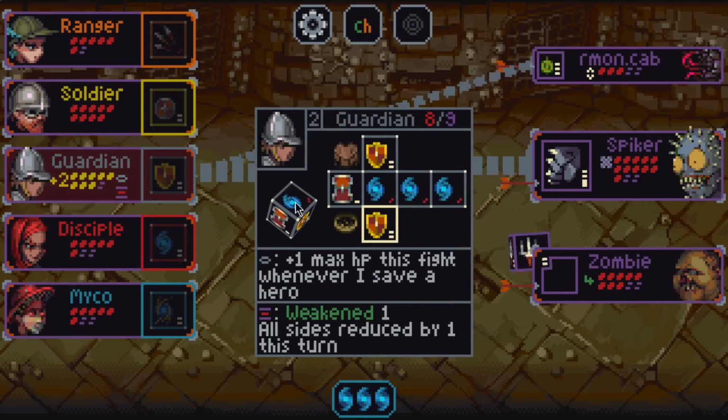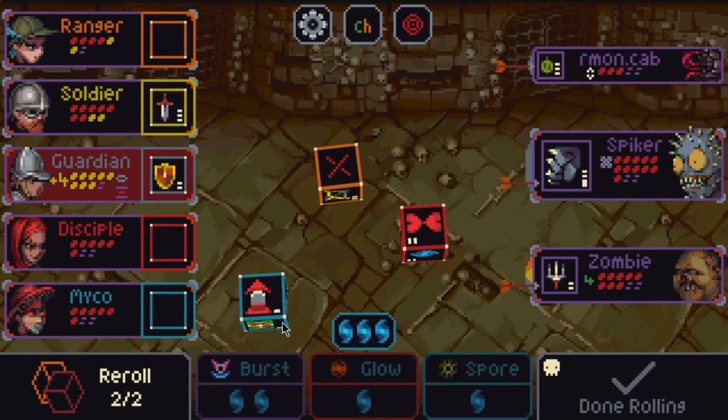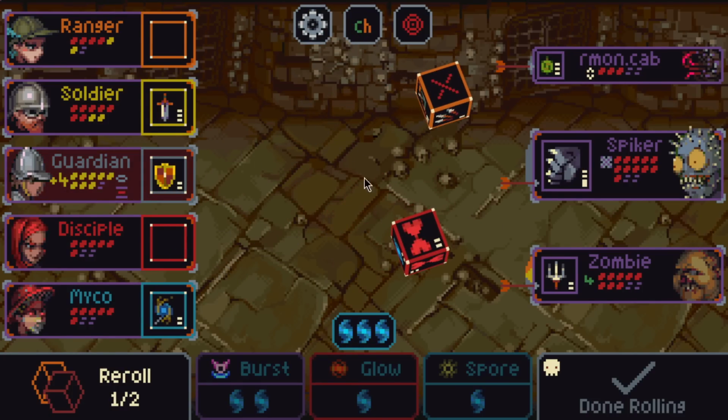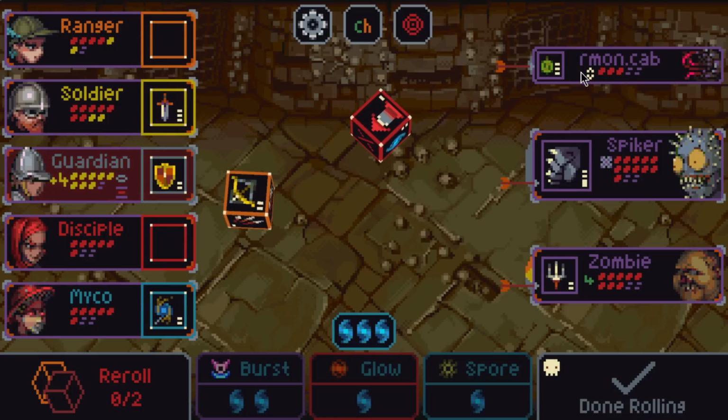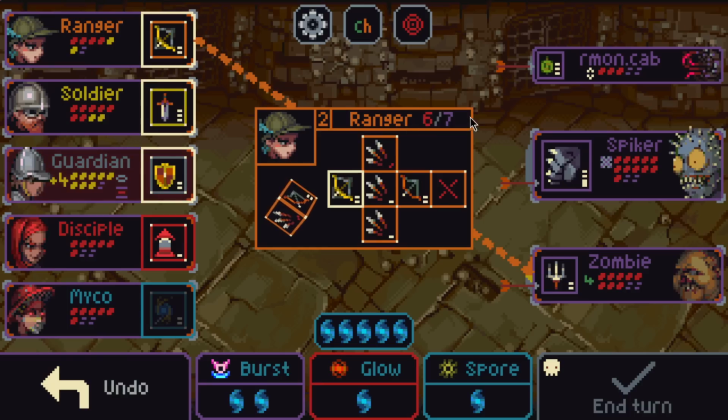I wonder if I take the Tattered Robes off of Guardian, because now I can convert X's into glow. That's a thought. You know what else is a thought? Am I supposed to kill Armon or kill Zombie here? Probably Armon. Ooh, this was an interesting thing I didn't think about. Should have left the Zombie full HP so my range...